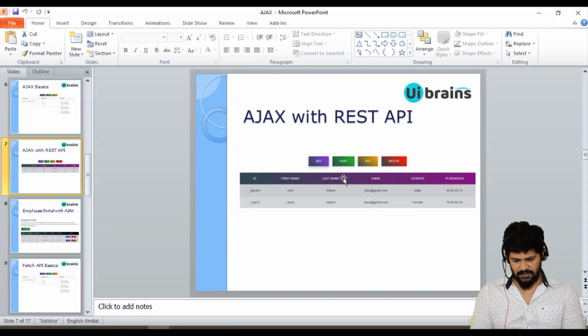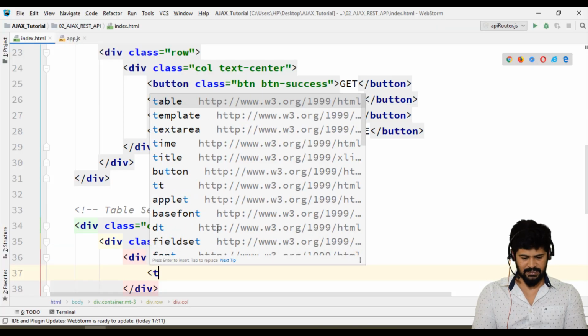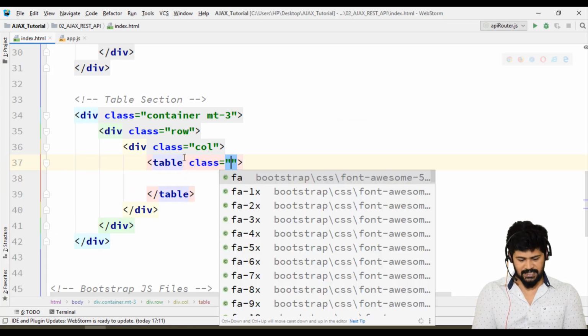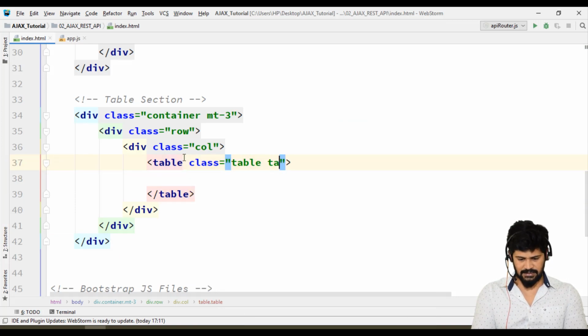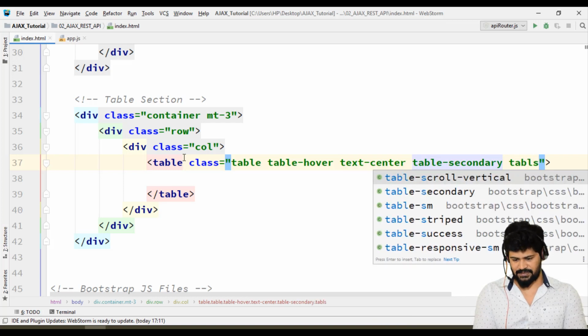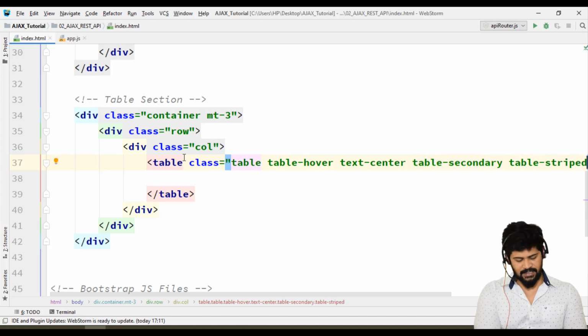I need a table with a header with this color and a body with this color. So let's make a Bootstrap table with the class table, table-hover, text-center, and table-secondary, and table-striped. I want a striped table.